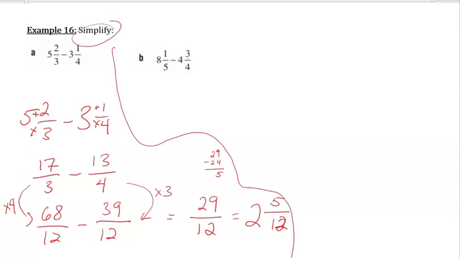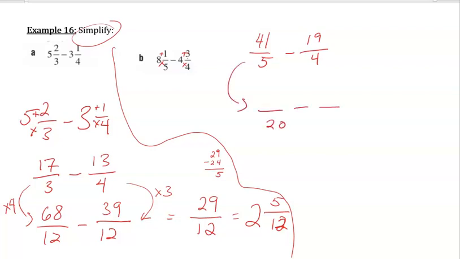Okay, and quickly, 5 times 8 is 40, plus 1 is 41/5, minus 4 times 4 is 16, plus 3 is 19/4. So we need a common denominator, and we can multiply 5 times 4 and get 20, and in fact you're going to find that that is the lowest common multiple and lowest common denominator. So we're going to end up finding